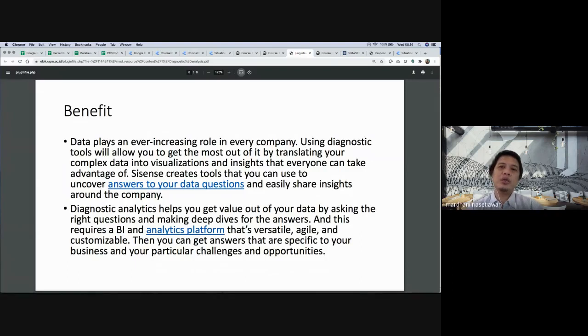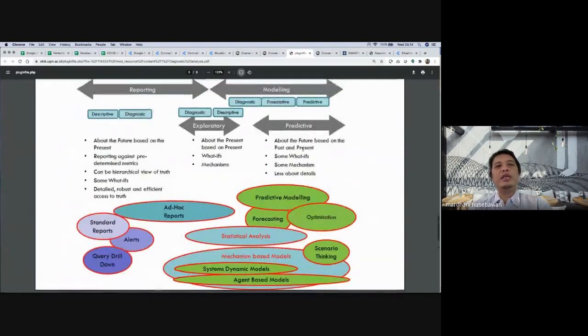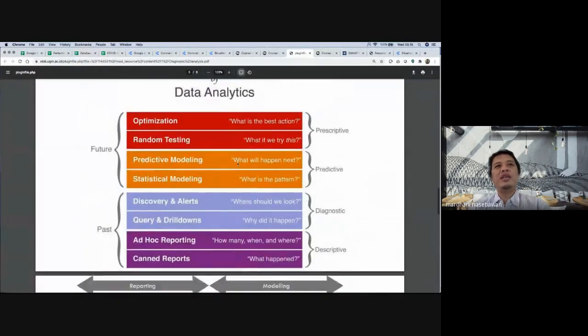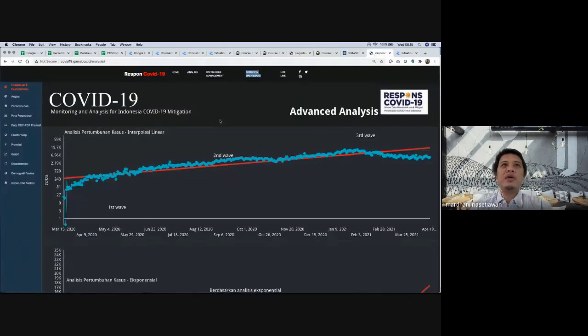It is close to business intelligence activity actually when we do the data mining, because we need to answer a lot of questions from this. So actually in this diagnostic analytics, we will focus on how to drill down and query the data, and then try to do some discovery and all that. So I will go back to our use case here.